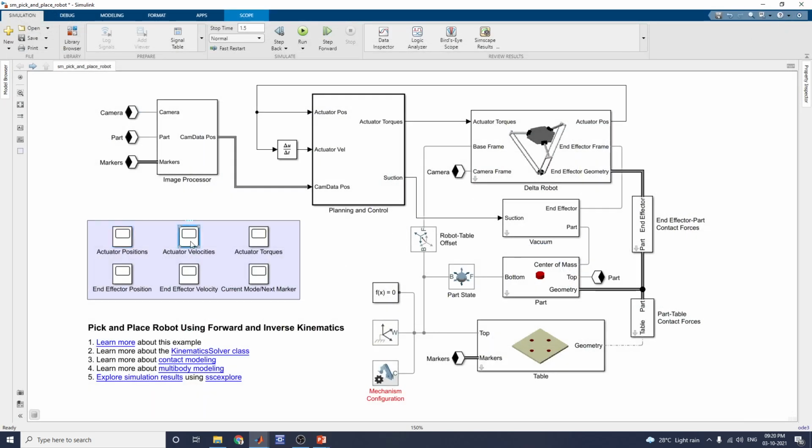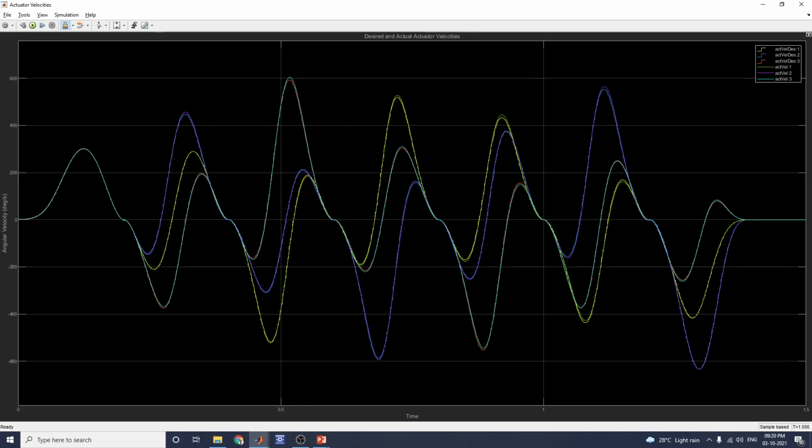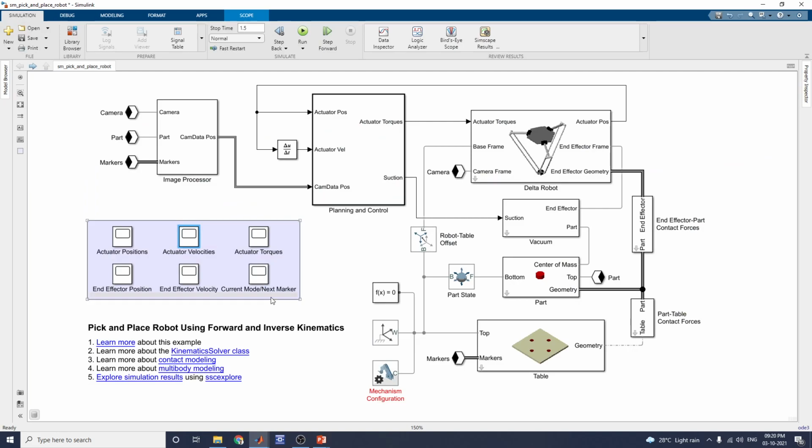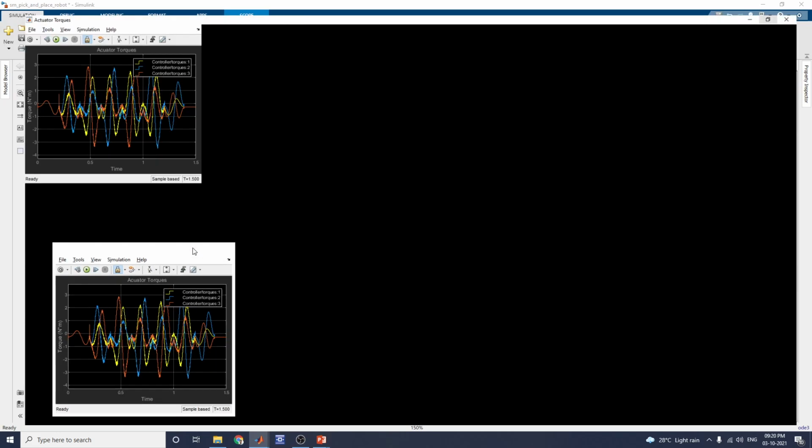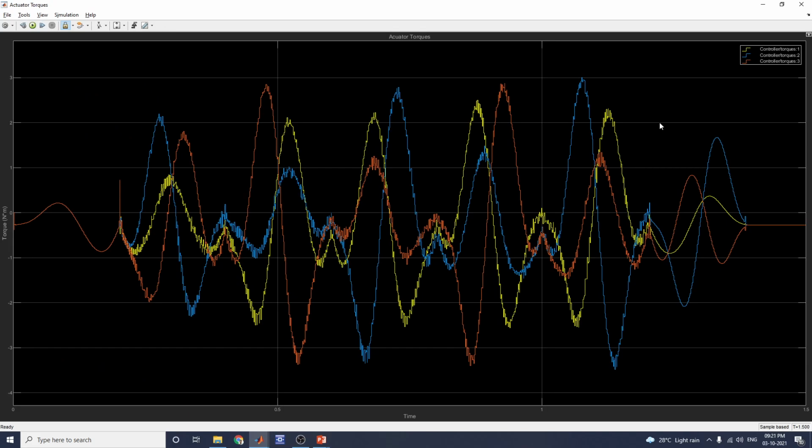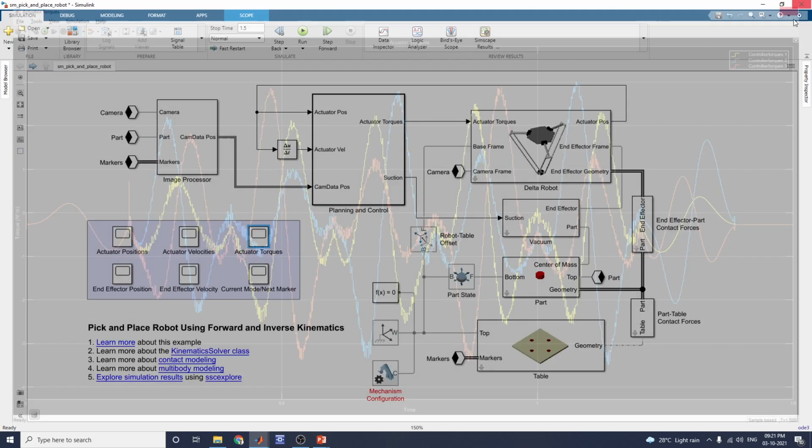Next diagram is actuator velocities. Here this actuator velocity shows the desired and actual actuator velocities, and these are actuator torques. This diagram shows the actuator controller torques 1, 2, 3.